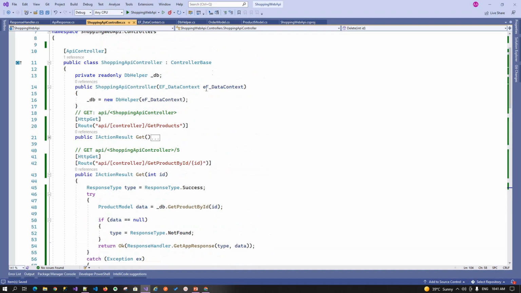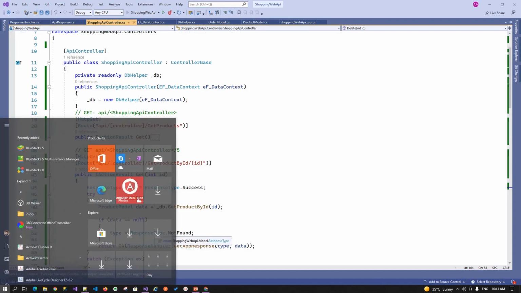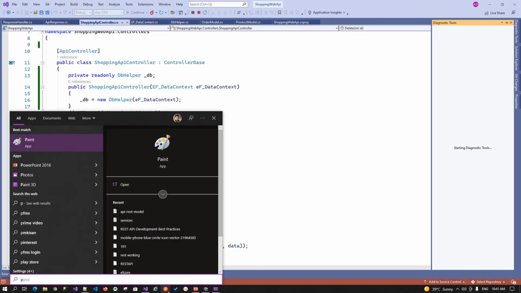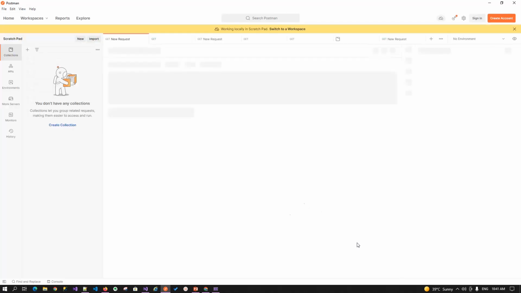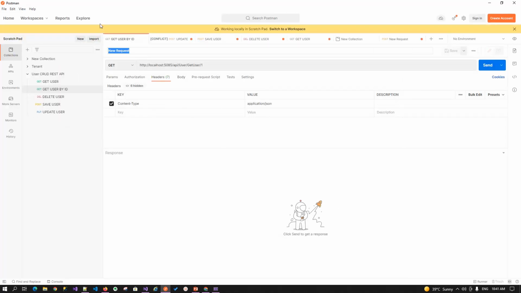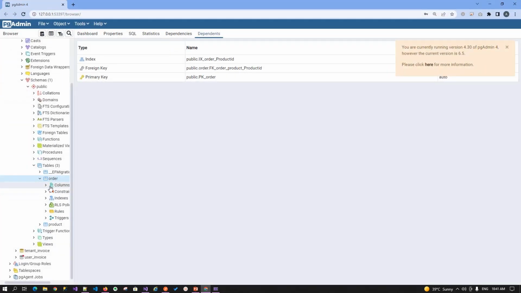So our API is up and running. Let's run it, and now open the Postman tool to test that. This is the last step, how we can test our APIs. You can test it with various tools, like RESTman API. I am using the Postman tool. So let's firstly dump some data into your table,